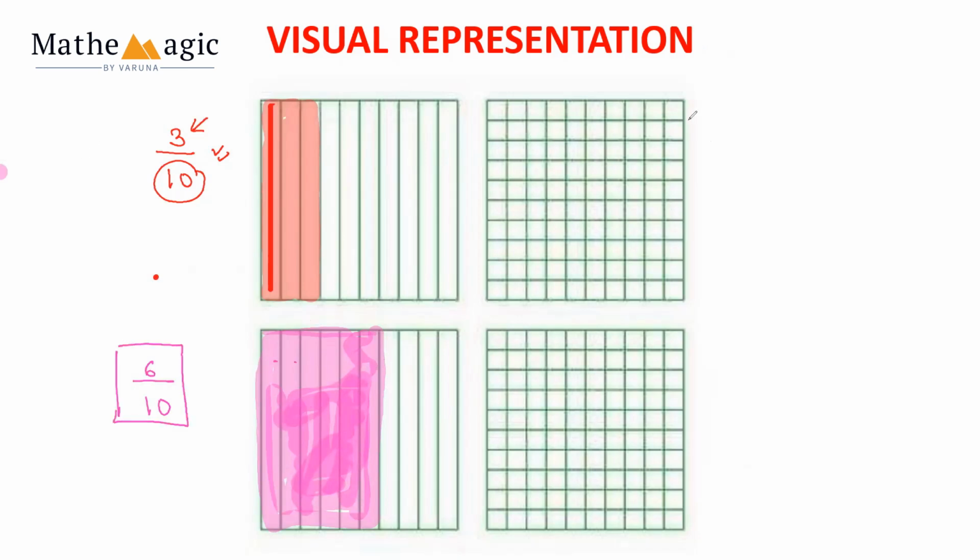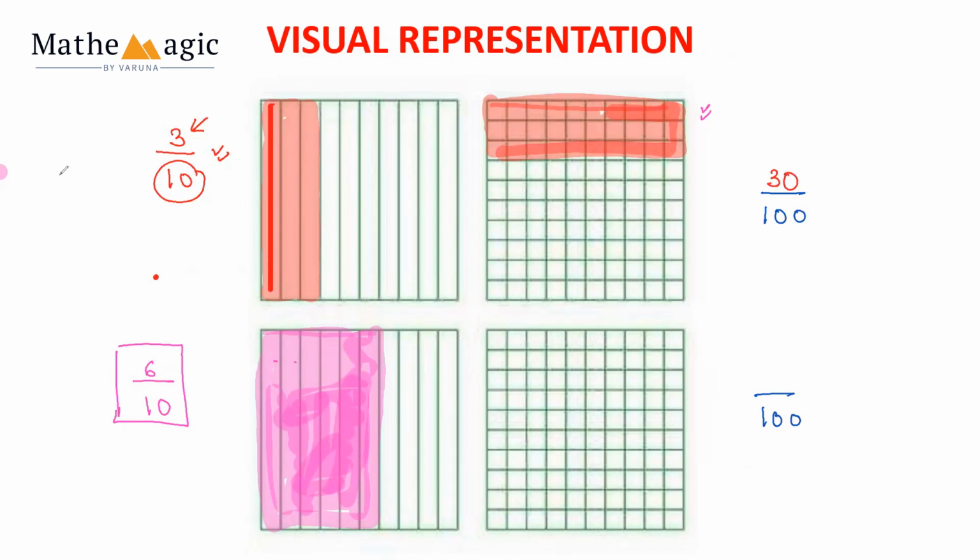Now, if you see over here, we have converted the entire grid into 100 equal parts. So total number of parts will be 100. So this means in the denominator we have 100. And in the numerator, suppose over here, I'm going to color 30 parts. If we color 30 parts, this becomes 30 over 100.